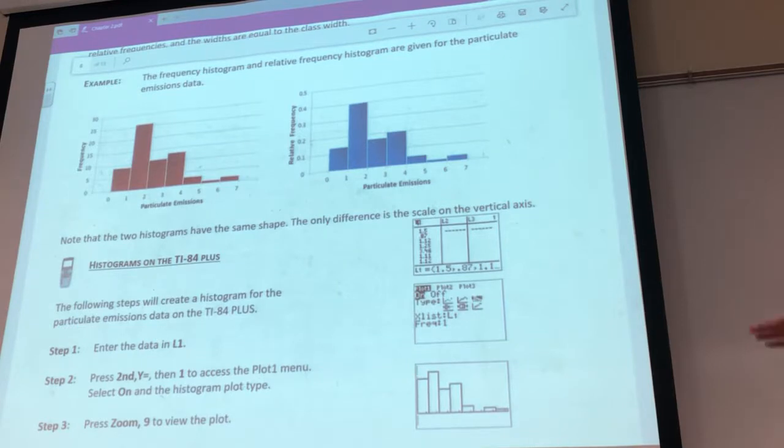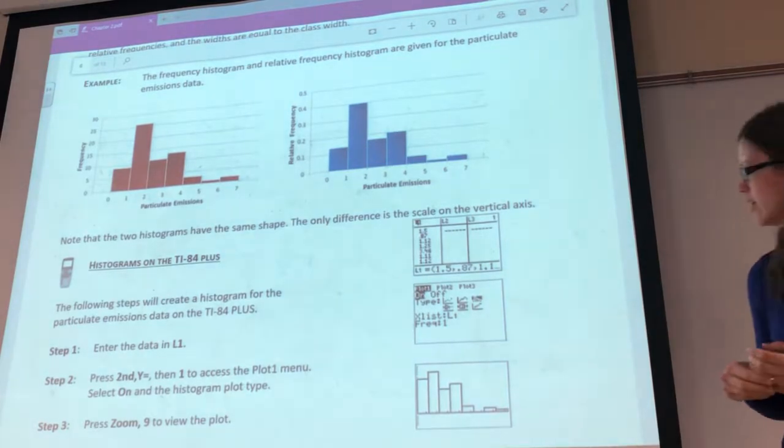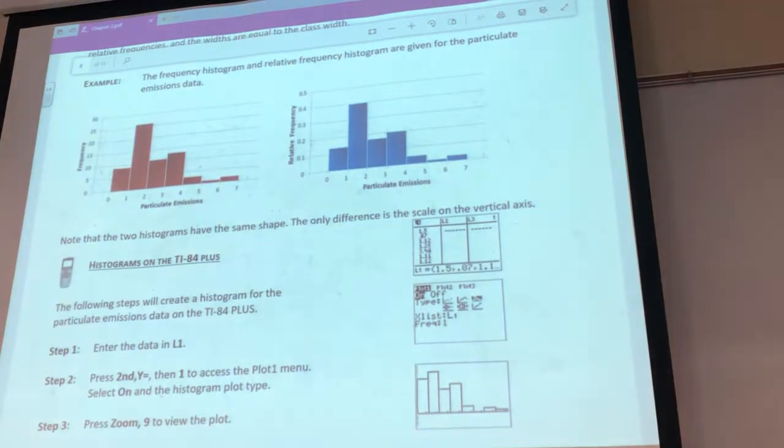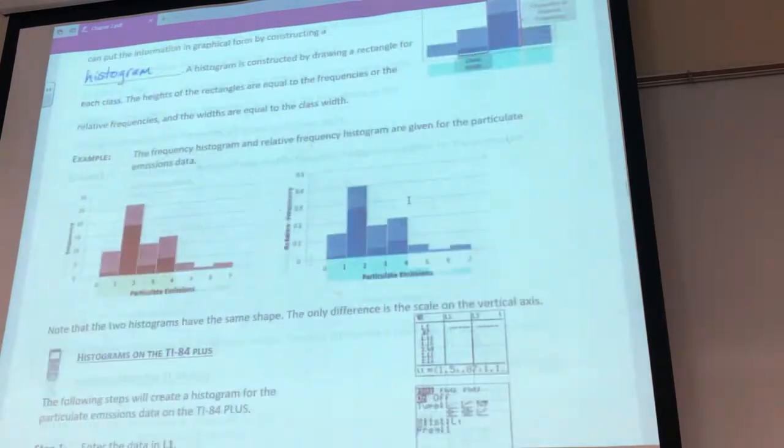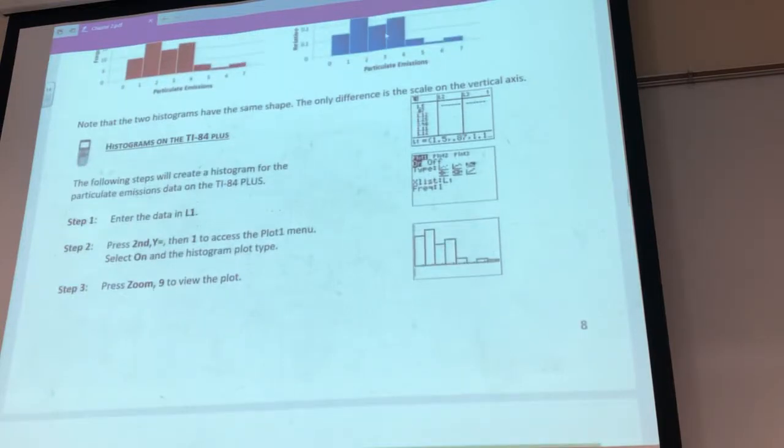We're not going to go into it because I think we've got, is it 65 data values in this one? Is that how many was on the? Yeah, so we've got 65. I'm not going to put all those into my outline. But how you would do it in your calculator, let me pull up the calculator so you can